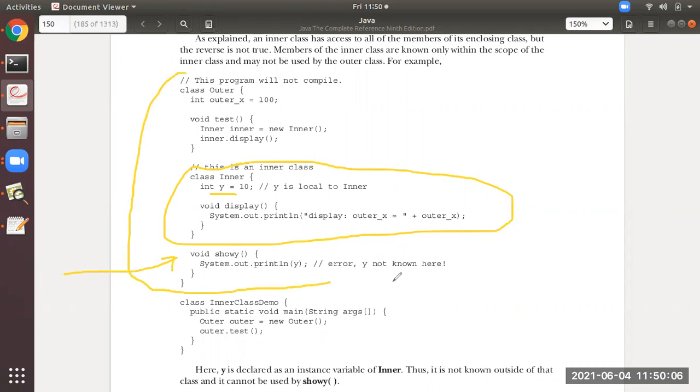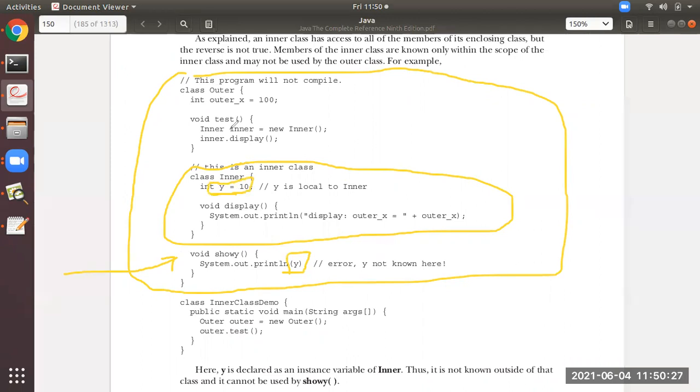So if it is outside inner, and this method is trying to display y, this will give you an error. Why? Because the value of y equal to 10 is local to its inner class only, which cannot be known outside.